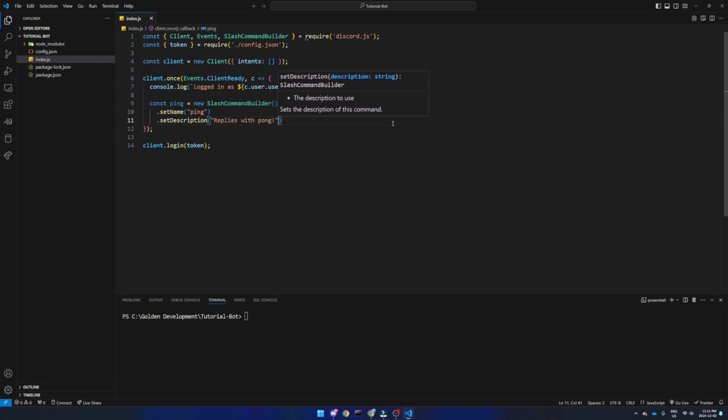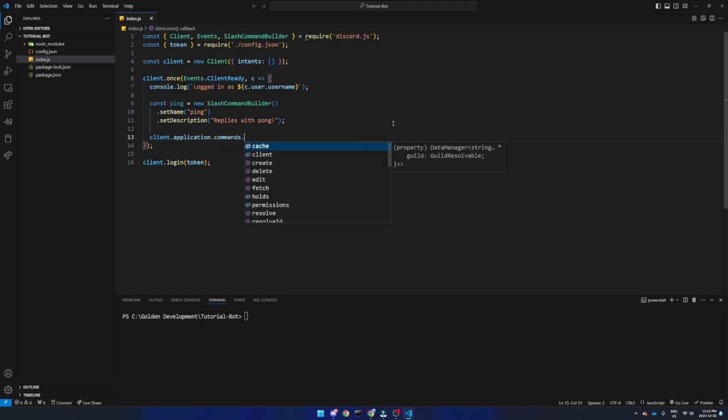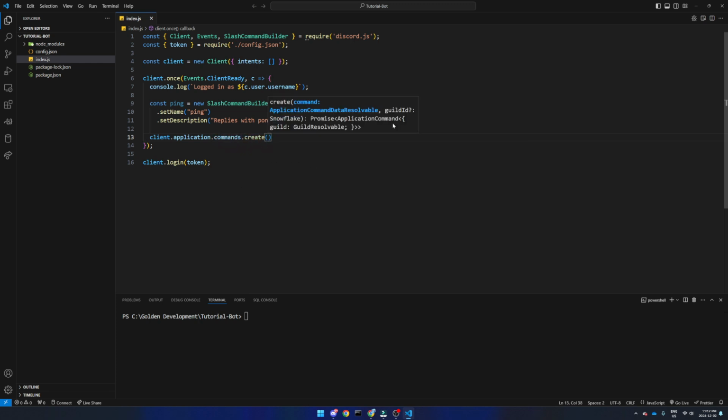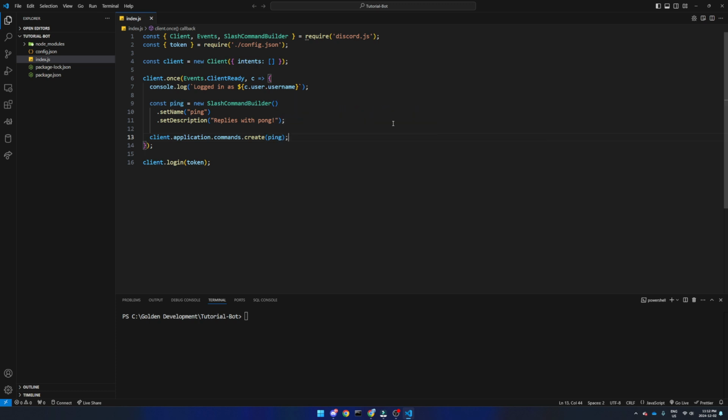After this, we can add our semicolon because we are done with our slash command builder for now. In order to publish our ping command to Discord so that it can display for our users to see, we need to add the following line after our definition of the ping command inside the client once ready function. Go down a couple of lines and write client.application.commands.create with brackets on the end, and inside of which we will put our constant ping from earlier. And now you can end this line with a semicolon, and we can start our bot to see if everything